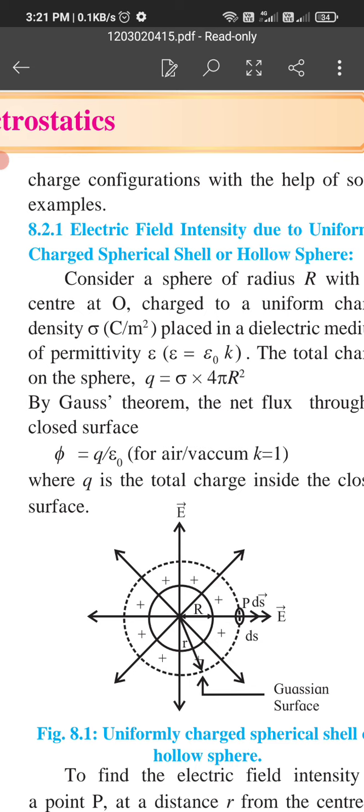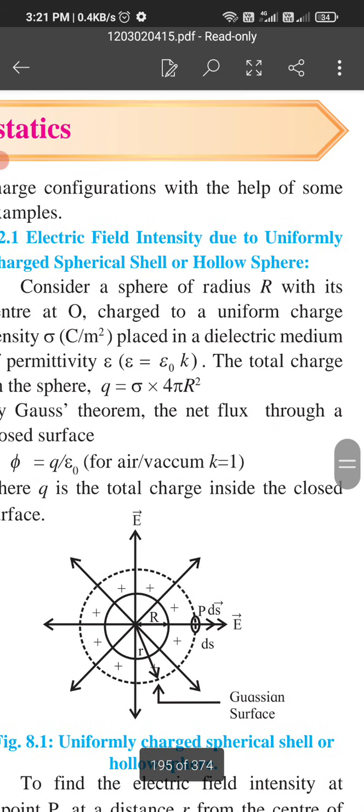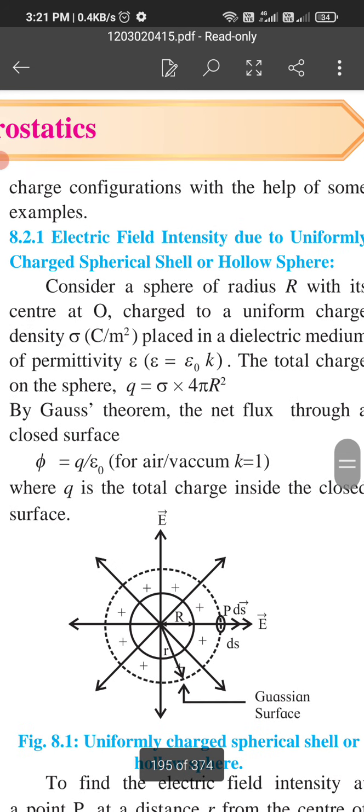In the figure, the circular figure is called the Gaussian surface, with E bar and ds vector shown. So consider a sphere of radius r with its center O,